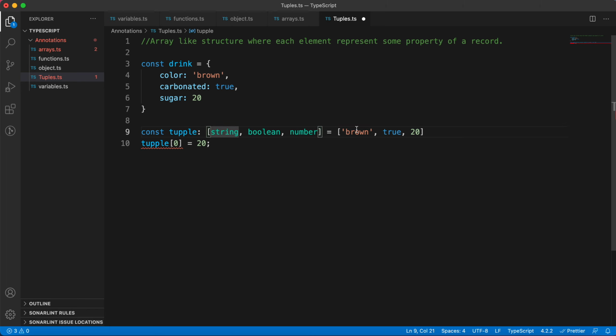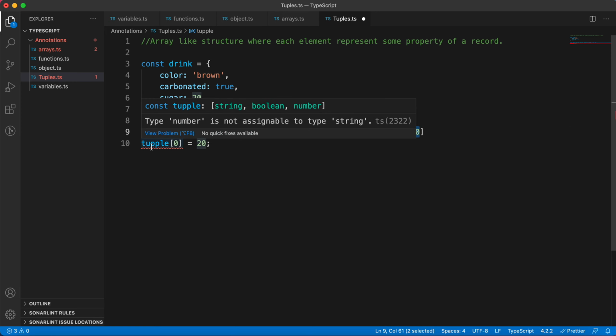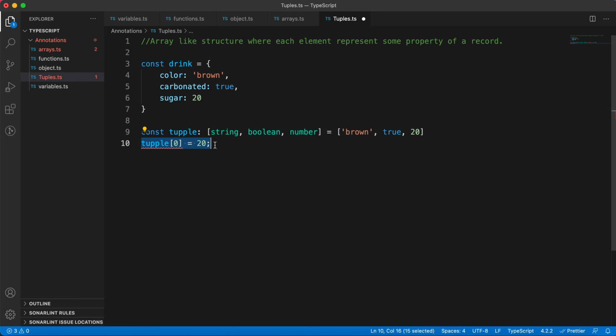We need this sequence so that the developer doesn't have to remember it. This is the syntax of a tuple: we define the sequence here. It is an array-like structure where each element represents some property of a record. So each and every element is representing some property, and TypeScript is not allowing us to do that.